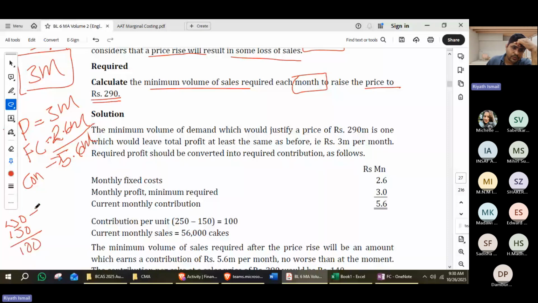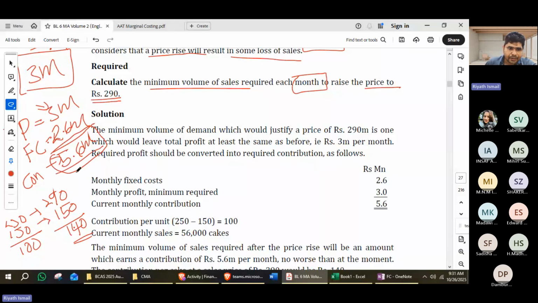Now the selling price goes up to 290 and there is no change in the variable cost, which is still 150. So the new contribution is 140. To achieve the 3 million target profit for the month, they have to divide this